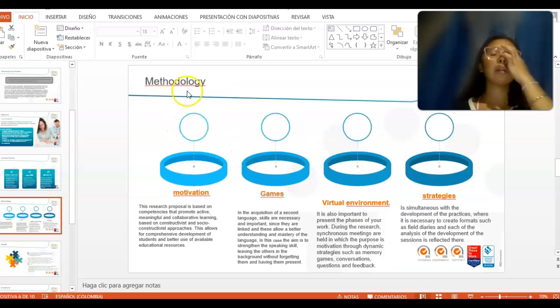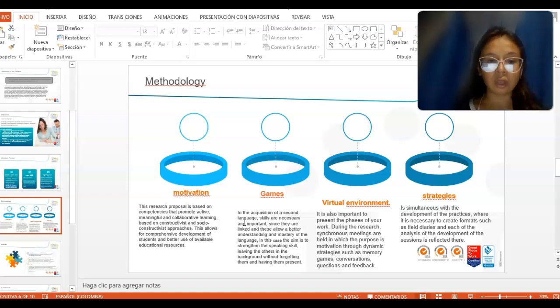Okay, the methodology. This research proposal is based on competence that promotes active and collaborative learning based on a constructivist and socio-constructivist approach.